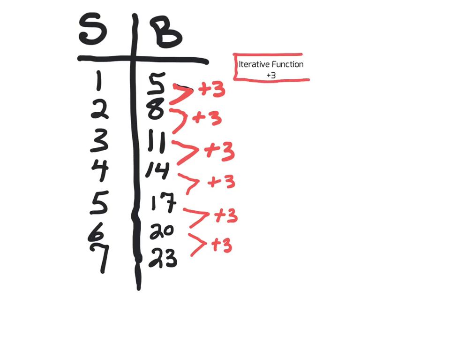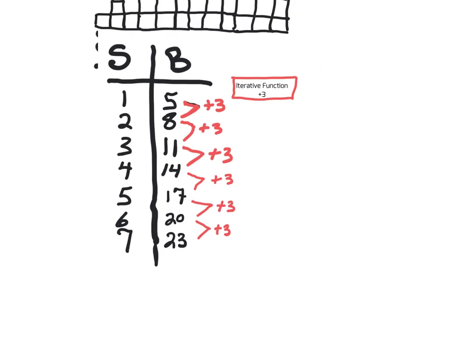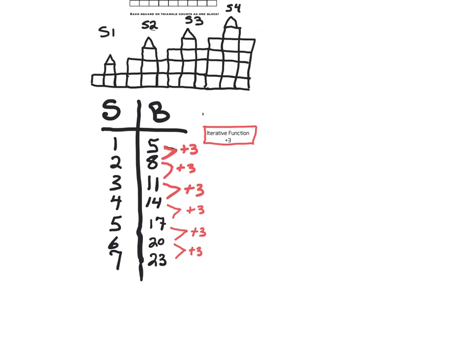So what I'd like you to do right now is go ahead, pause the video, make sure you get your iterative function copied, and copy the rest of the T-chart with your carets and your plus 3 and all the number of blocks that are needed up to section number 7. I will wait for you, my friend. Alrighty, so now the next thing we need to do is look at this iterative function here and try and